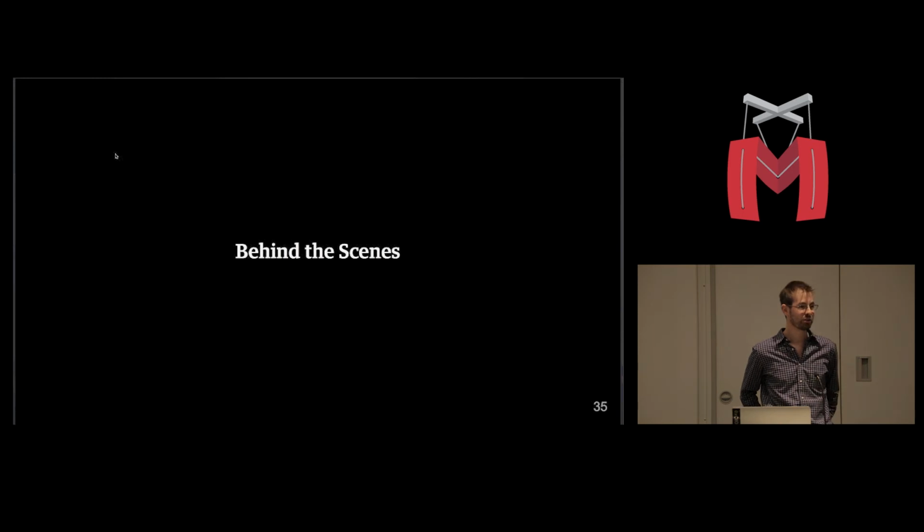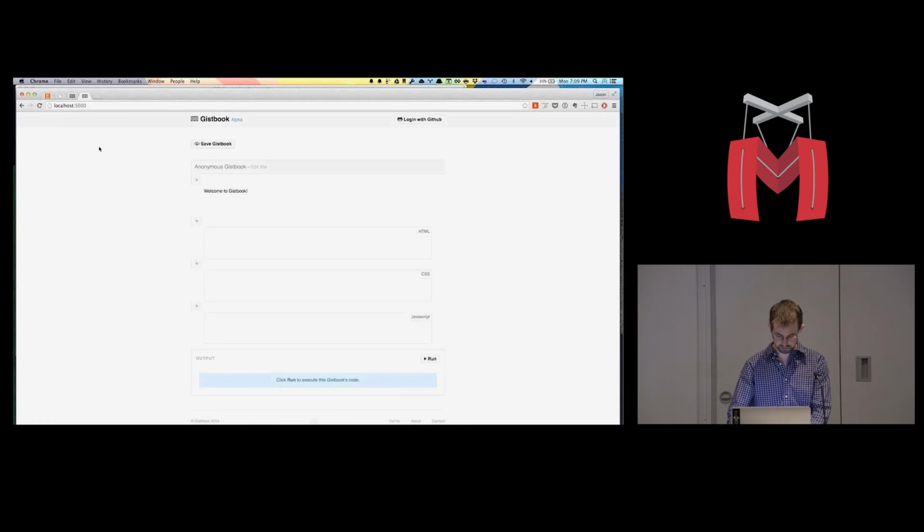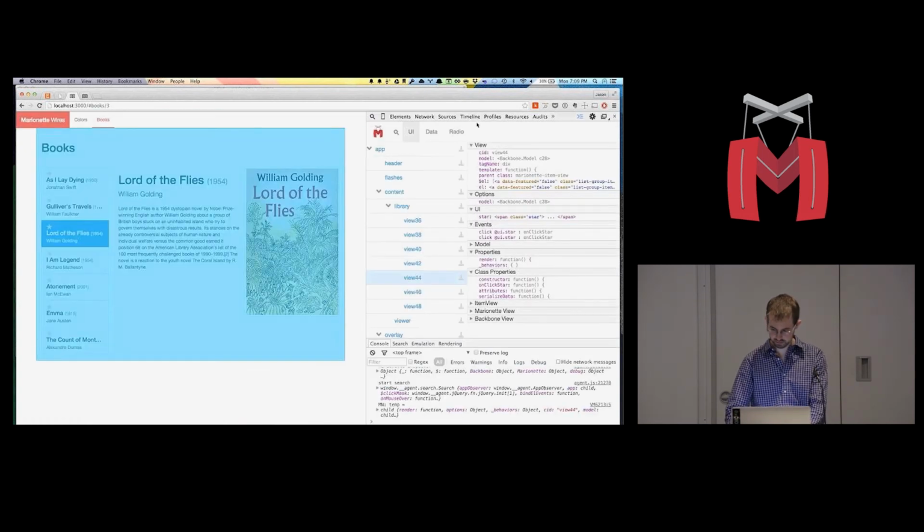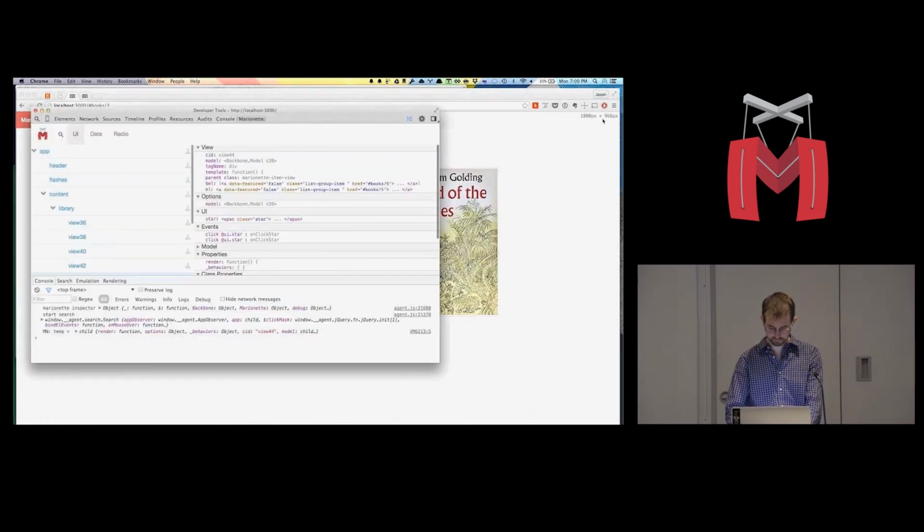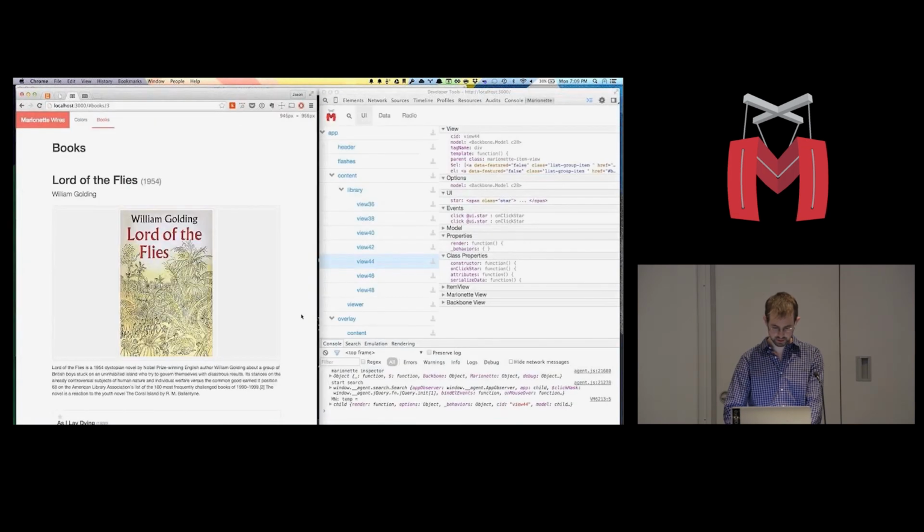So behind the scenes, how is the inspector built? The big takeaway here, I'm going to show you a lot of things. The big takeaway is that it's not magic. I want you all to feel like you can come in and work on it, or at least believe that it's just code at the end of the day. All right. So the first concept for setting up the inspector is that this Marionette Inspector is just another Chrome